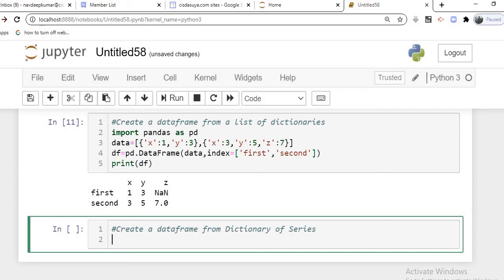So let's say we keep the name as dictionary itself, whatever name you want to keep, that's not a problem. Now we are going to create the first series. First is the key, then the values. Last day we learned how to create a series. So this will be a series using a sequence.